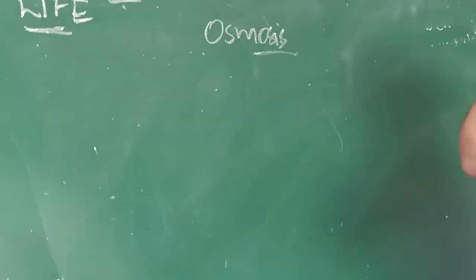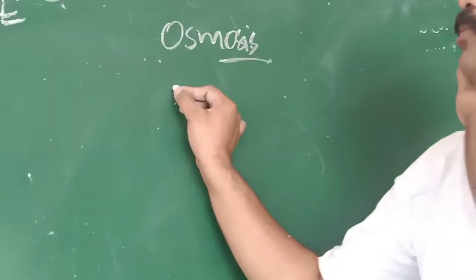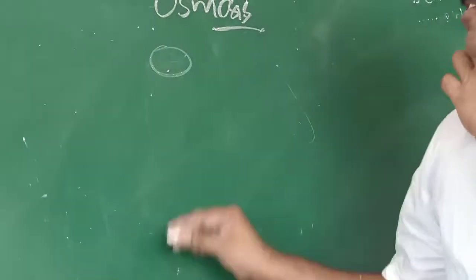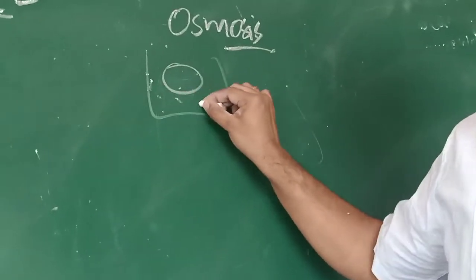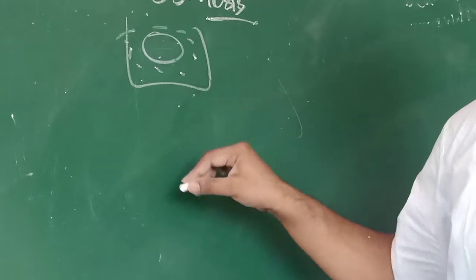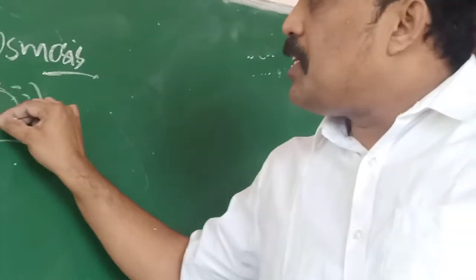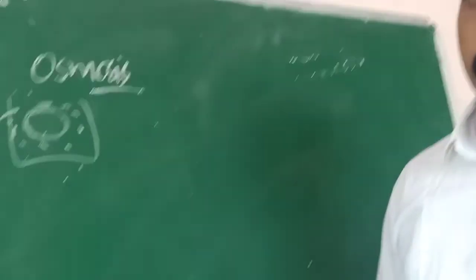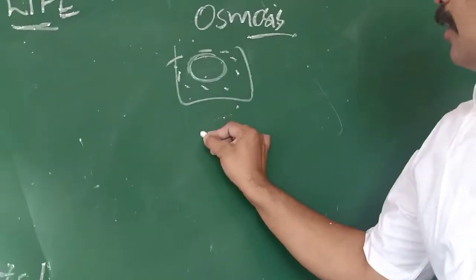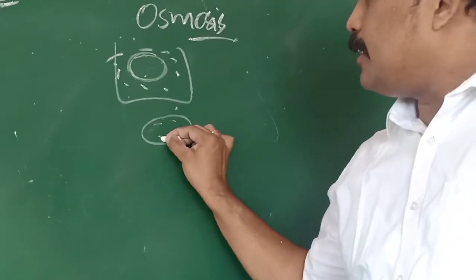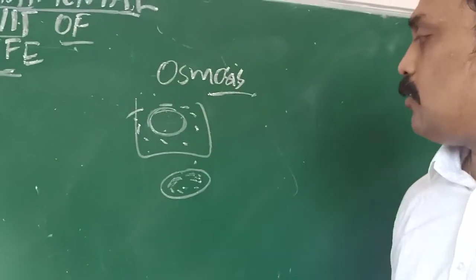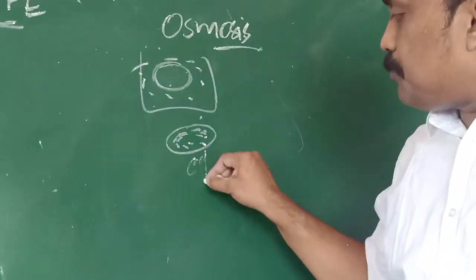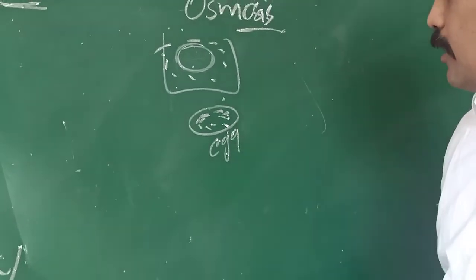Now we have to do an osmosis experiment using what? The egg osmosis experiment. How to do this osmosis experiment? Take one egg, 1 or 2 eggs. Same as before, you have to keep it in dilute HCl. After the second day, we will observe that whatever shell is there, everything is removed, melted. We will get only a very thin outer layer, the plasma membrane, with the yolk inside. Now you have to take this egg.